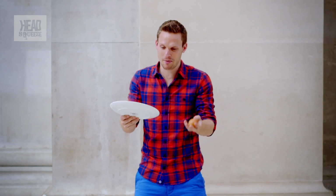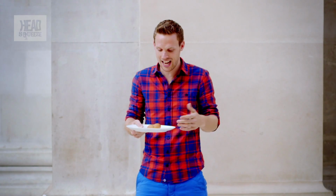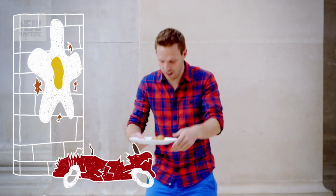If I chuck this egg up a couple of metres and put the plate in its way, that's breakfast ruined. Now, that happened because the egg had a very short amount of time to get rid of all that kinetic energy. It decelerated very fast, probably less than 1/10 of a second. If I try it again,